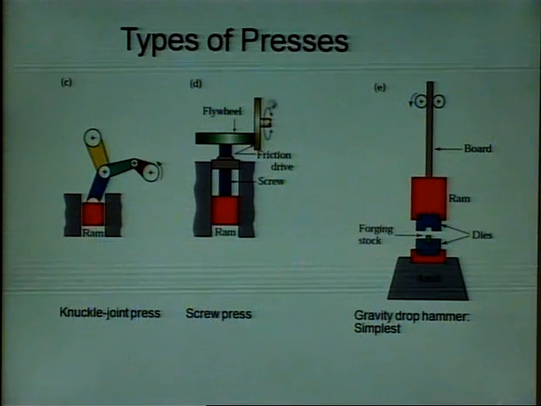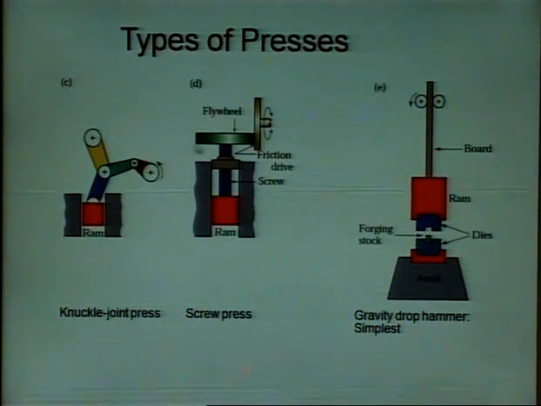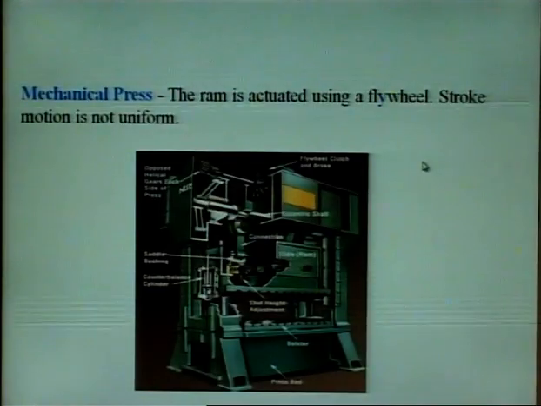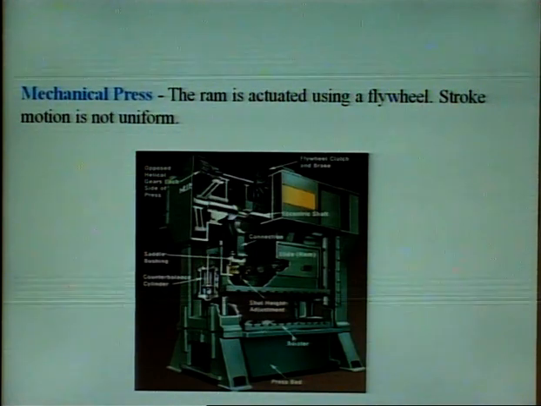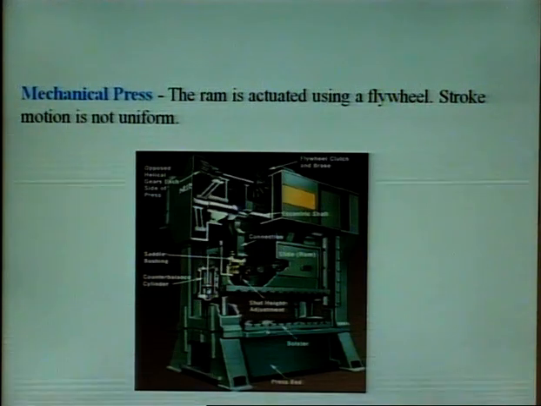This is a screw press, that means this will rotate and go down. These are more positive type of presses. Then this is a gravity drop hammer, that means with the help of gravity it is moving down. This is a mechanical press here. If you see, this is a bolster plate here. This is basically the bed of the